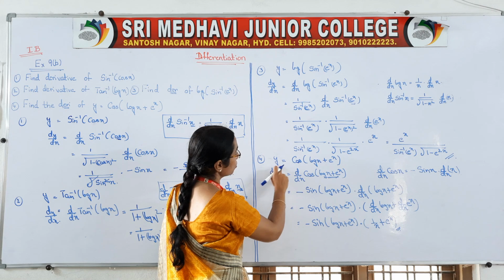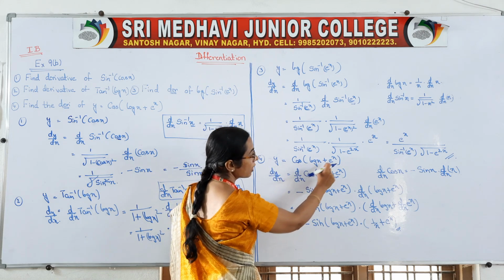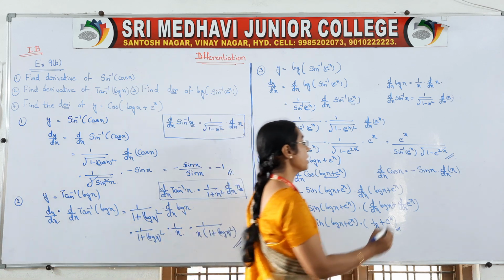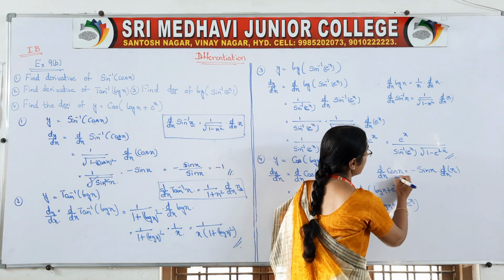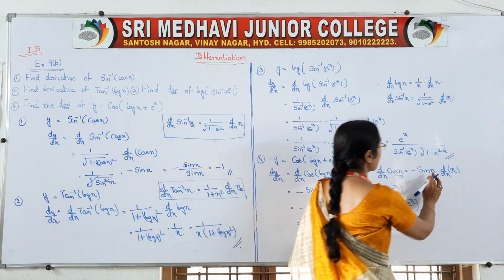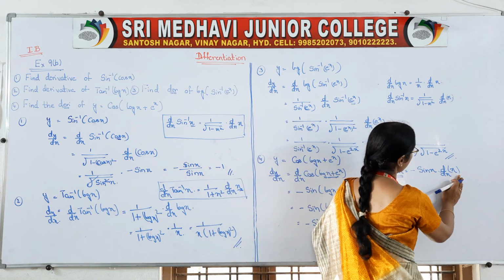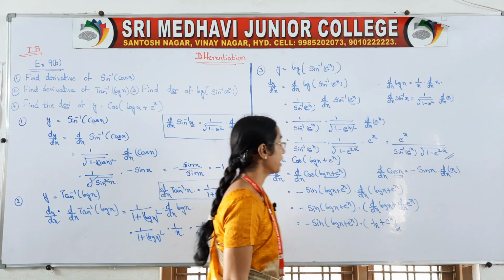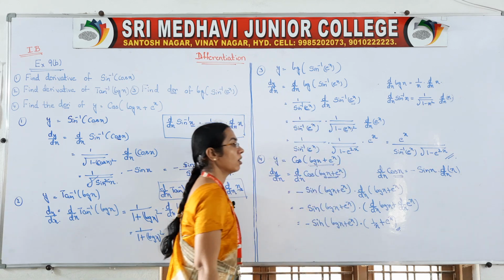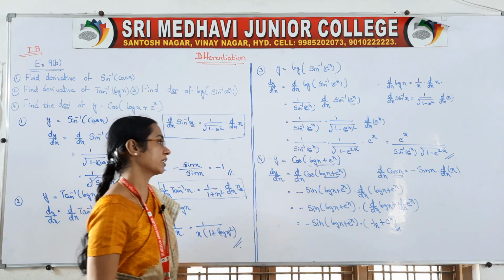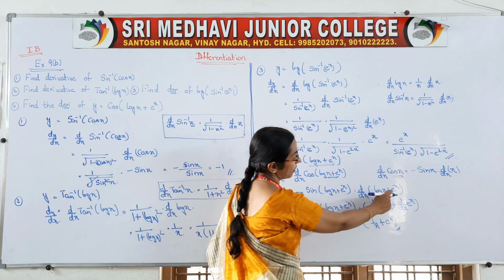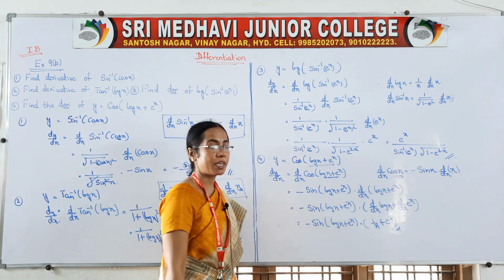What is your fourth question? Y is equal to cos of log x plus e to the power of x. So d by dx of cos x, same thing, derivative of cos function is minus, so it is minus sin x into d by dx of that variable. So come on, in the variable place you are having log x plus e to the power of x. So minus sin of that variable into d by dx of that variable.